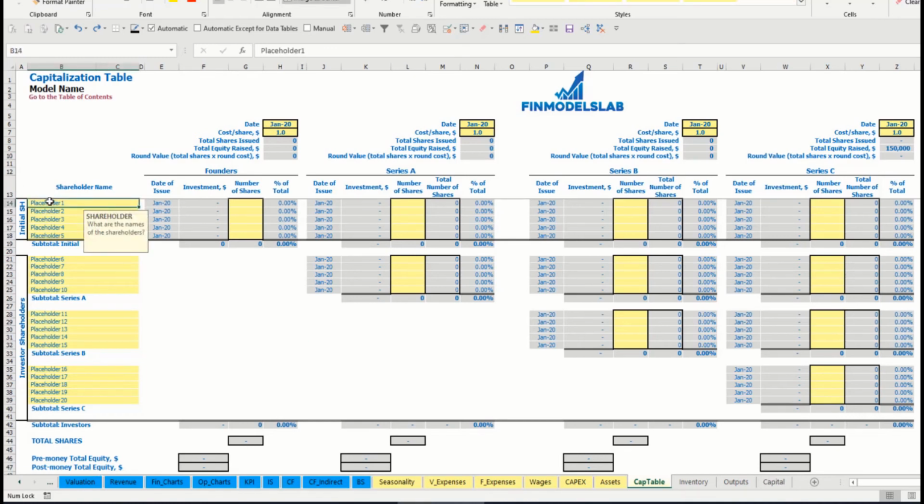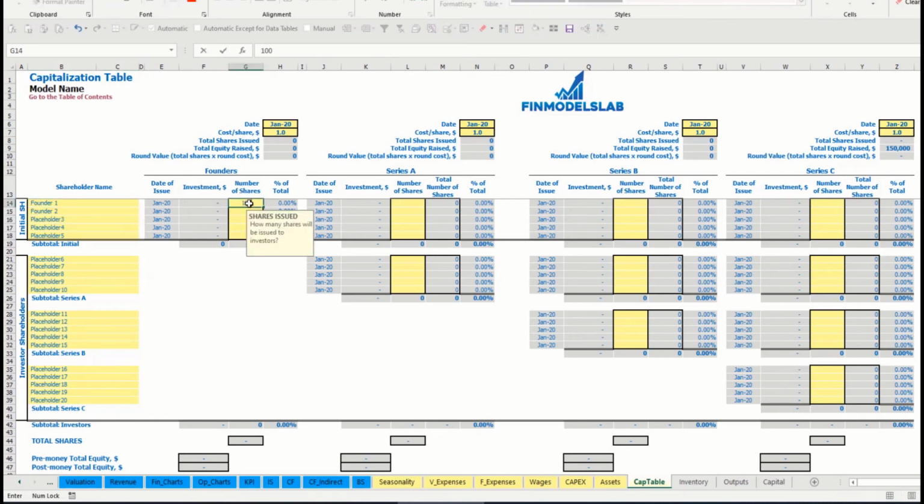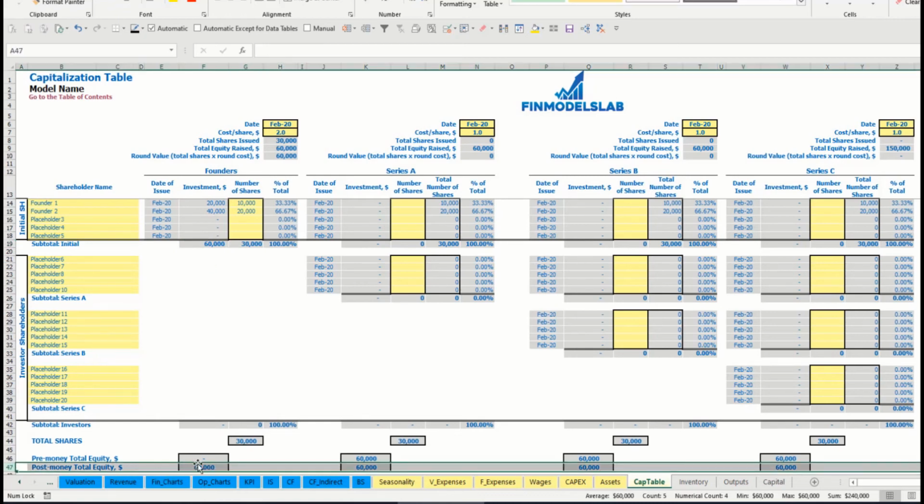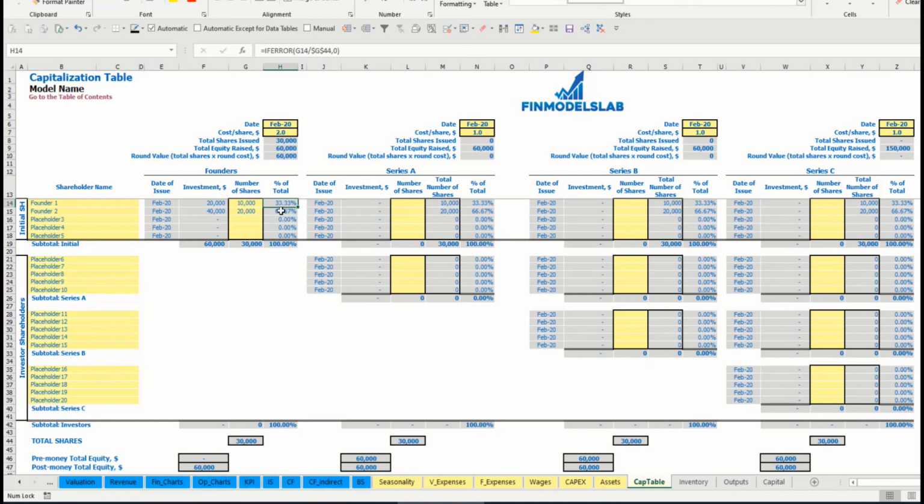Let's pretend that we have 2 founders, founder 1, founder 2. So total amount of shares for founder 1 can be 10,000, for founder number 2, 20,000. Let's imagine that cost of share will be $2 and the date of founding is February. This means that investment for founder 1 is $20,000, for founder 2 is $40,000. In total they invest $60,000, which you may see here. The dilution is 33 to